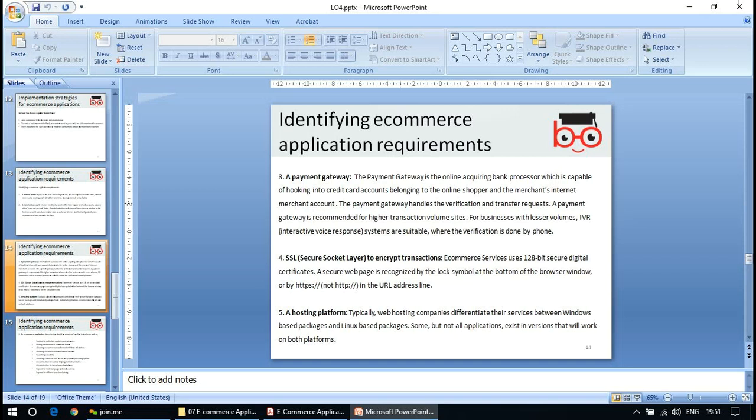They are able to charge, but first they would communicate with the bank that is giving the credit card details. Once the bank confirms that the card holder has got the amount, then they would